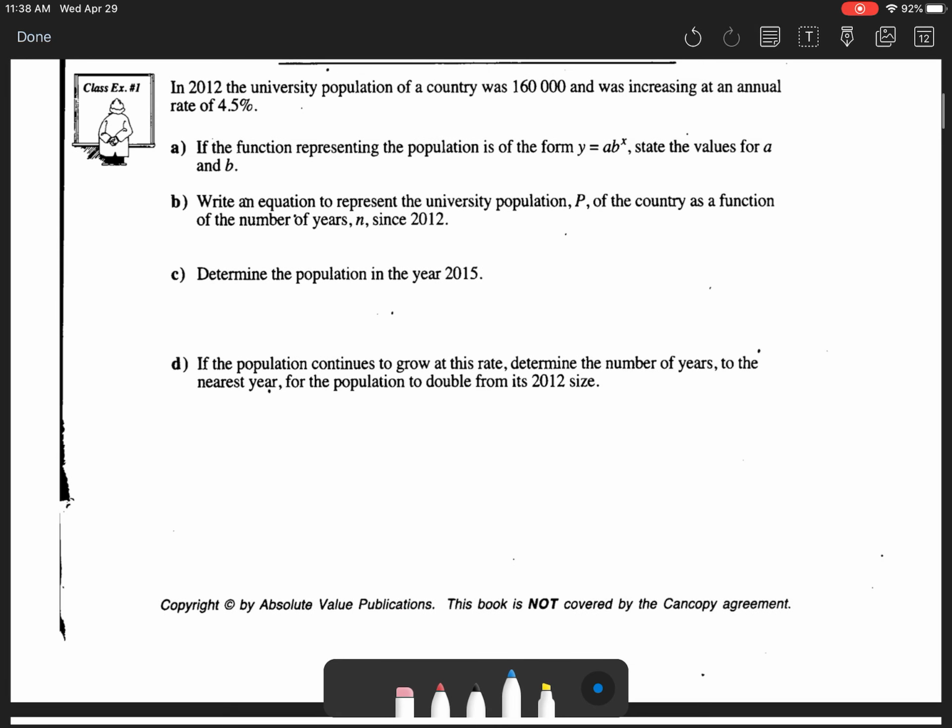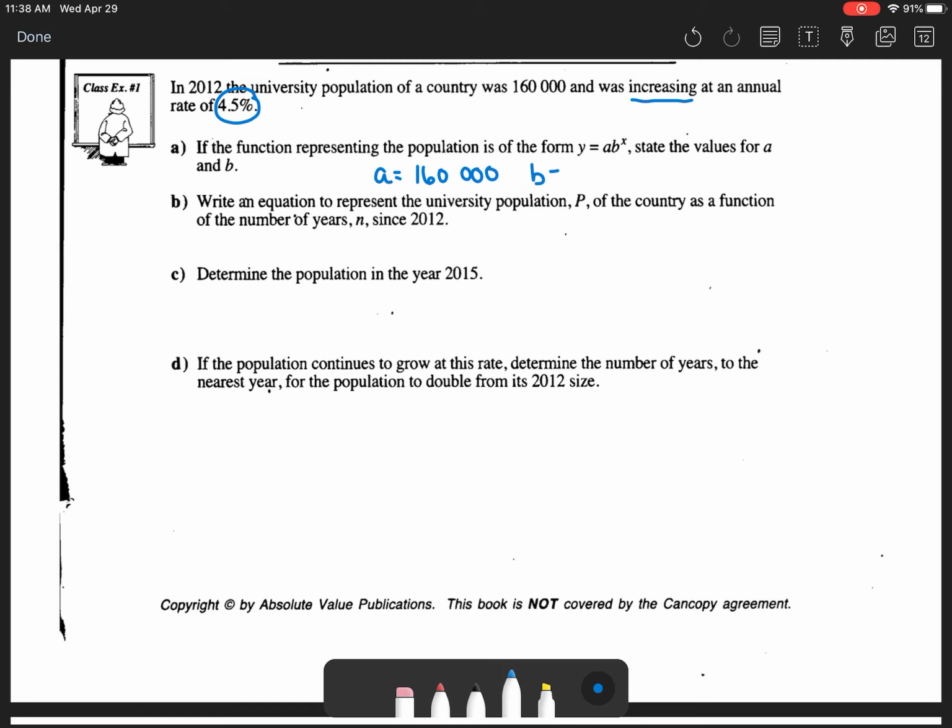So first question, we just jump into questions here. It says in 2012, the university population of a country was 160,000 and was increasing at a rate of 4.5% annually. What's important there is we are increasing at 4.5%. I will take a look at what that means in a second as we state the values for a and b in part 1 of the question. It says if the function representing the population is exponential, y equals a b to the exponent of x, what are the values of a and b? Well, a is always our starting or our initial amount. So in this case, that's going to be